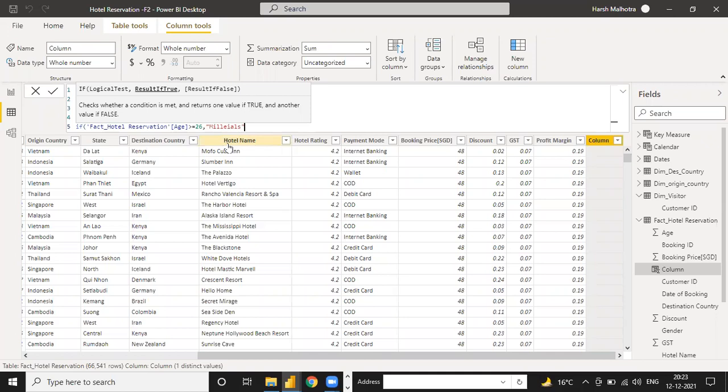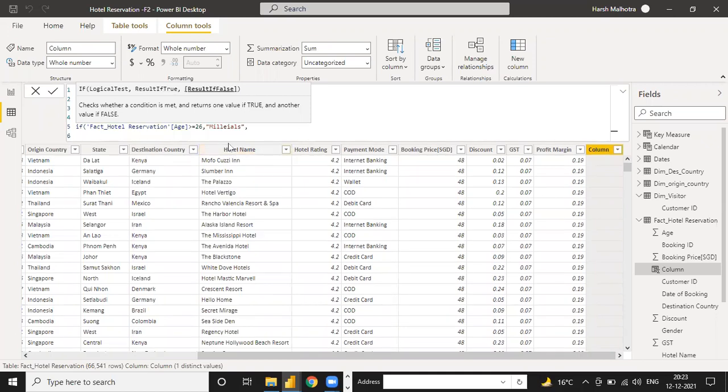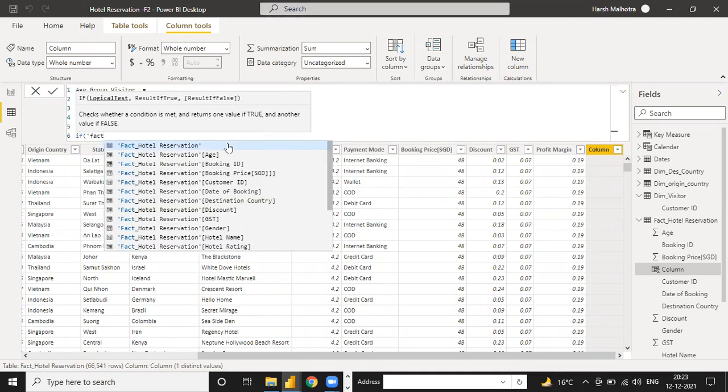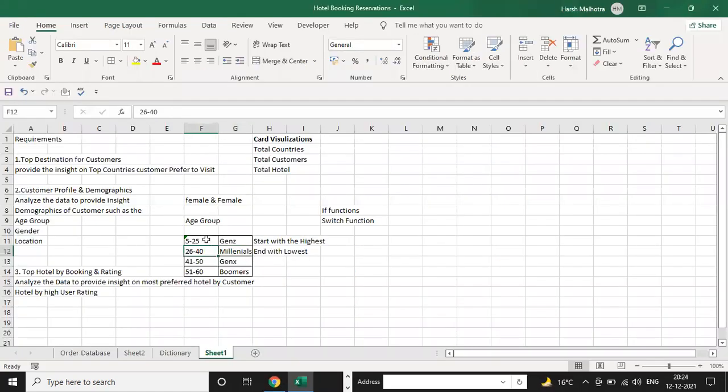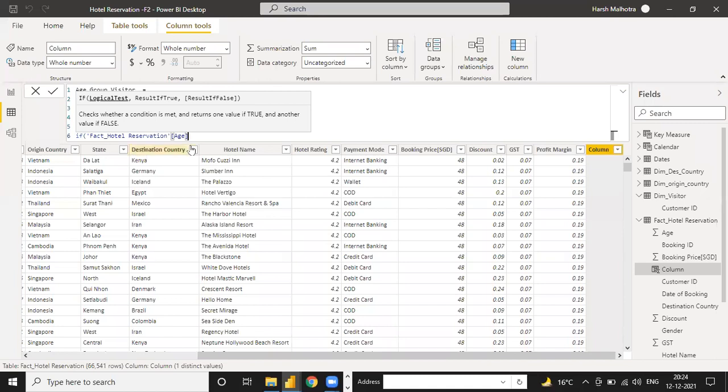And this condition will be given by the company, you do not understand it directly. This condition is given by the company only. So this last one, age is 5 to 25, we have gens. It means you have to put the last condition here.